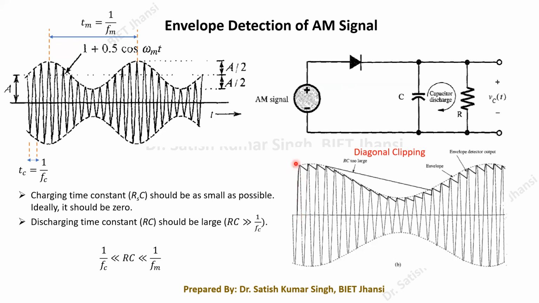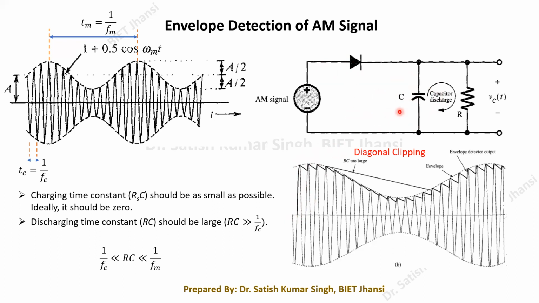So in the positive half cycle of this particular carrier, if we consider this diode to be ideal, it will be turned on because it becomes forward biased, and because it is turning on, this capacitor is going to charge through this diode. It will charge up to the maximum value, whatever be the peak value of this signal, up to that this capacitor will charge.